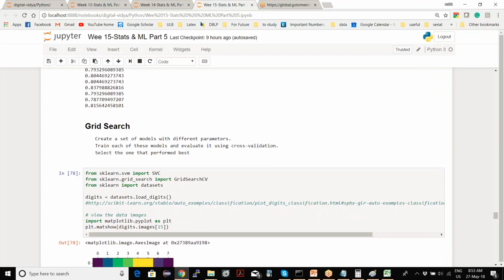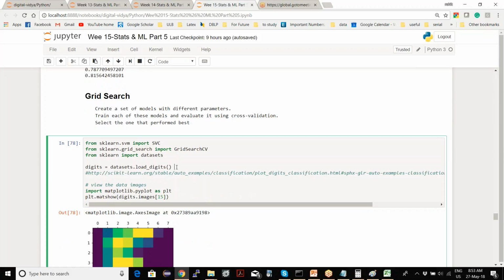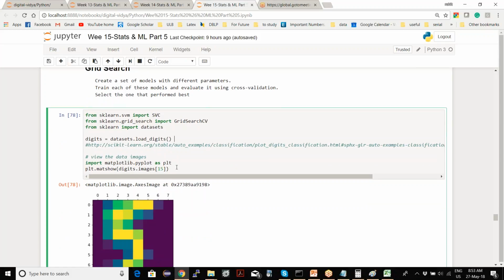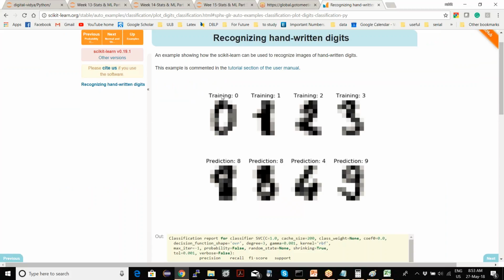Now there's one very good example to show the advantage of grid search, which is digit recognition. There is a data set in sklearn called digits. We could load it using load digits. So this is what it looks like. Your training set has digit pixels like this, and it is mapped. This picture is 0, this is 1, this is 2, this is 3, and then given a new image, you have to predict whether it is 8 or 4 or 9. This data set is available in sklearn.